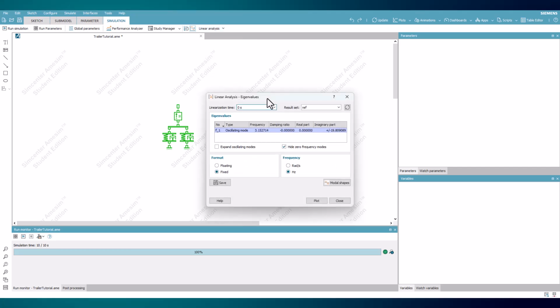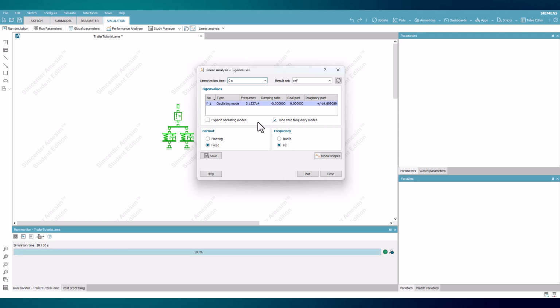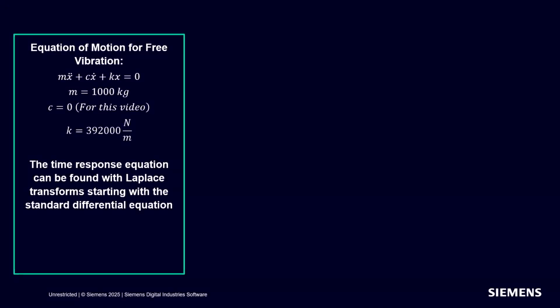Here, the eigenvalues and time constants can be analyzed for a system for different times, which for this case is only for the 1, 0. The displayed oscillating mode is equal to the calculated value in Hertz and can be changed to radians per second in the bottom right.